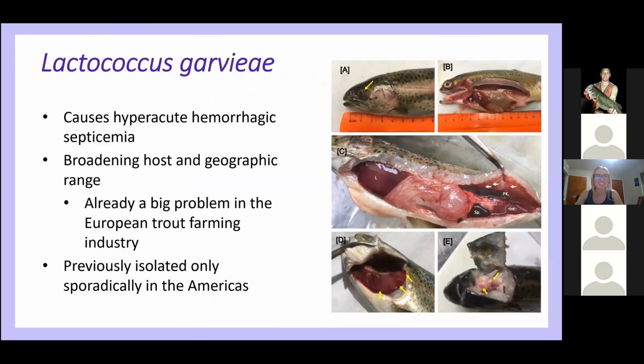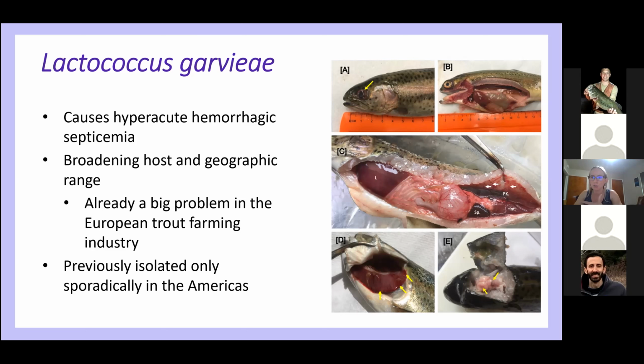But because I like all of our agents of strep, we're going to talk about a cool problem, well, cool from a scientific standpoint, problematic from the fish's standpoint and those that manage them. A series of cases of Lactococcus now. So our typical strep are all pretty closely related to each other. Lactococcus garvieae is slightly more distantly related. It's still an LAB, it's still a coccus, but it more commonly causes